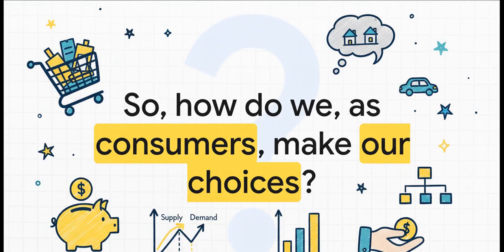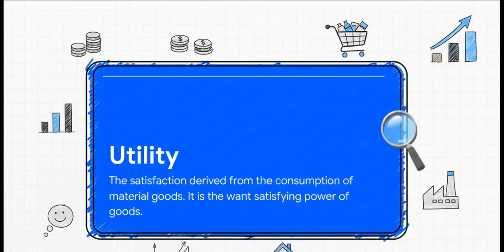But how do we actually make those choices? I mean, picture yourself in a store, staring at two different brands of basically the same thing. What's actually going on in your head at that moment? Well, economics has a word for that. And that word is utility. It sounds a bit technical, but the idea is super simple. We're all just trying to get the most satisfaction, or utility, that we can. We're constantly, maybe even subconsciously, weighing our options and picking the one that we think will give us the most bang for our buck, the most happiness.